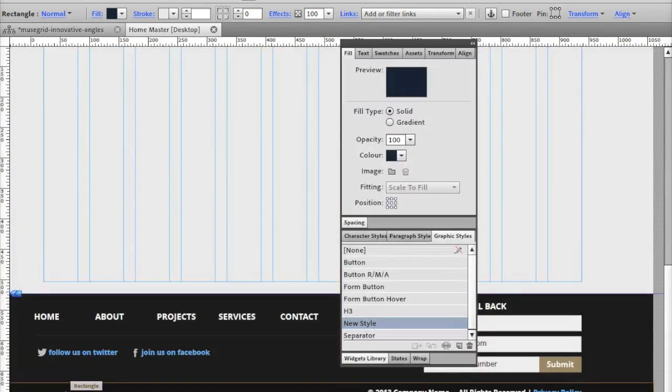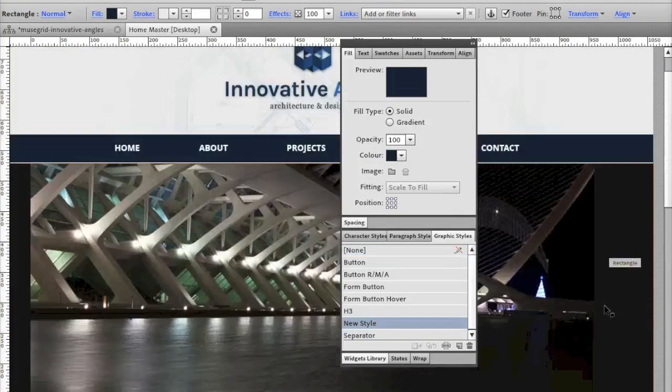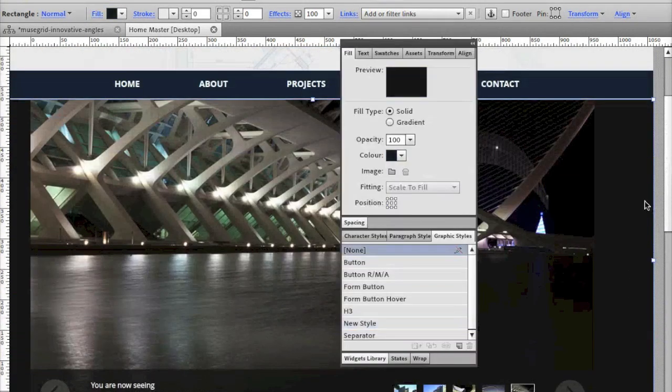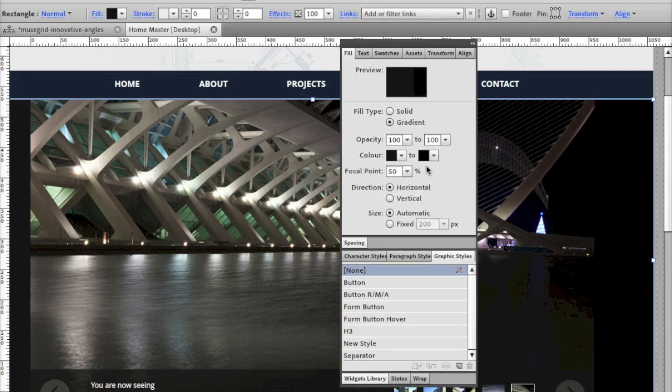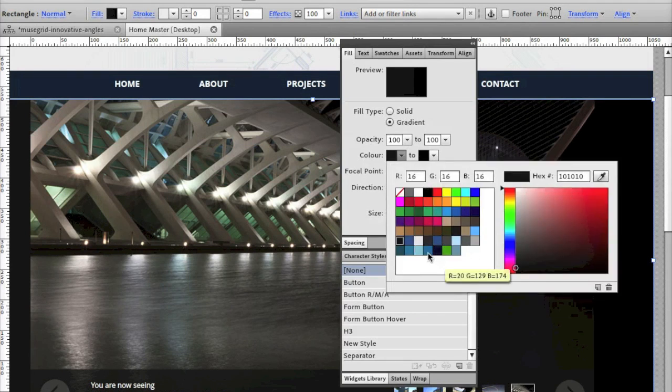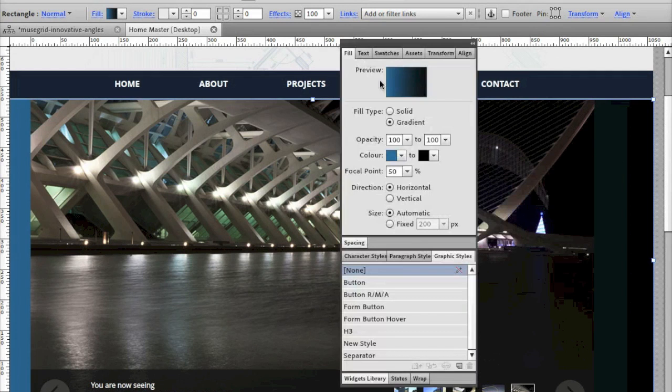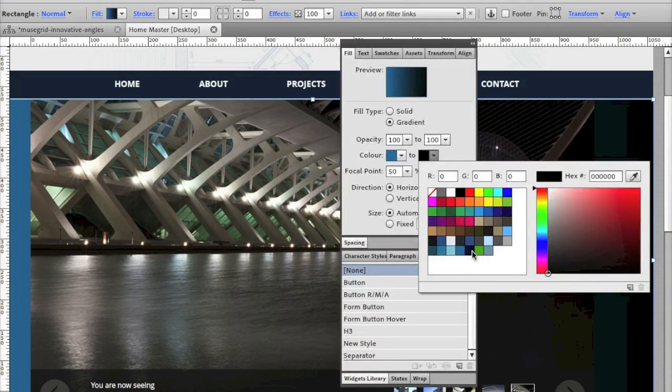So if we drop down to the footer here, I'm going to change this bar as well to the new style color scheme. And then we're going to also select this background color here, this background block, to the slider, and instead of having a solid color, we're going to use the gradient this time. And we've got our gradient selected there, and there's the two colors selected there. Click on the drop down. Let's use this light blue, and then on the other end we'll use this